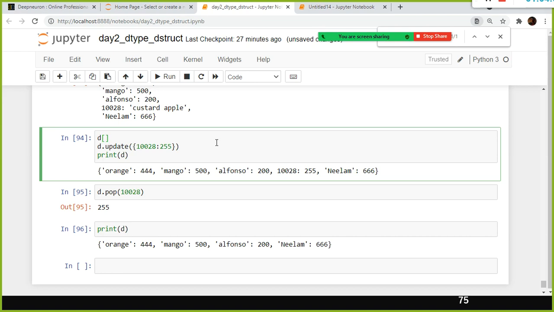In the interview, let's say if they give a multiple choice question or online test, you should know, right? That's the reason why I mentioned all the commands here. 10028 on the left side, 255 on the right side. This is an alternative to this line. Okay, if I want to see the line numbers, press escape and L within this cell. So this is the first line, second line, third line. The first line is an alternative to the second line. So you must be wondering, then why the hell should I know about both? I can use this one directly. Why should I use update and all? Because of interview purposes.